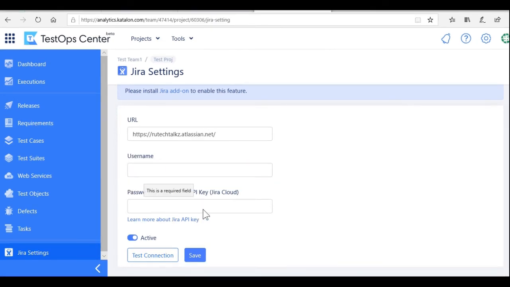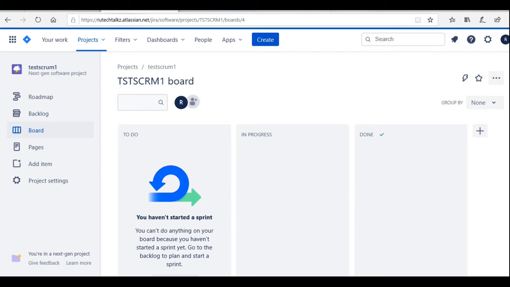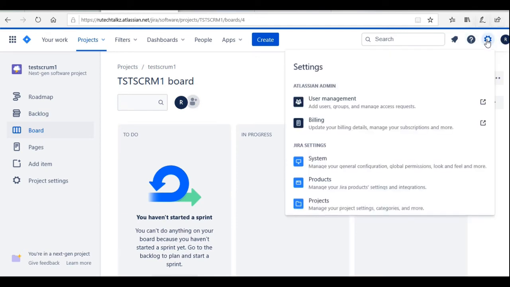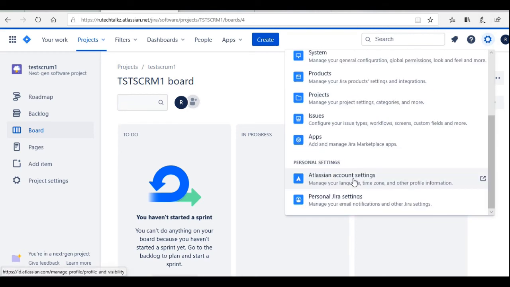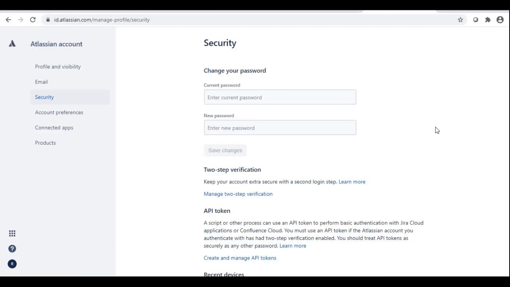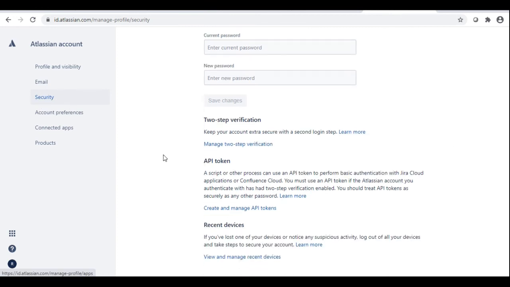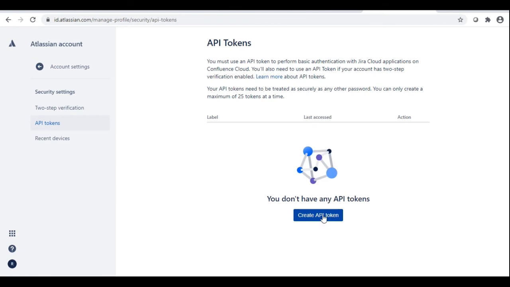To get the API key for Jira, we have to go to Jira, and in the settings, click on Atlassian account settings, and in Atlassian account settings, click on security. In security, you will find API key. Click on create and manage API token and click create API token.